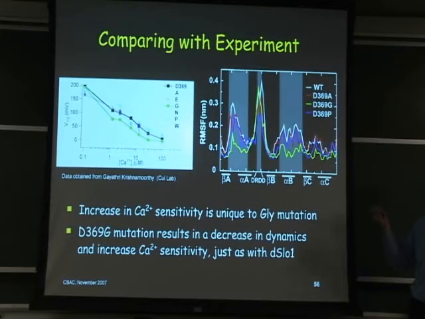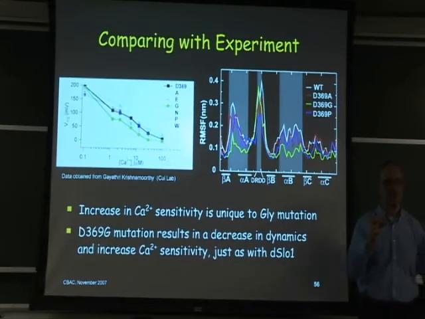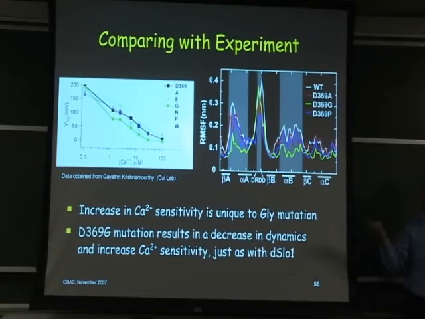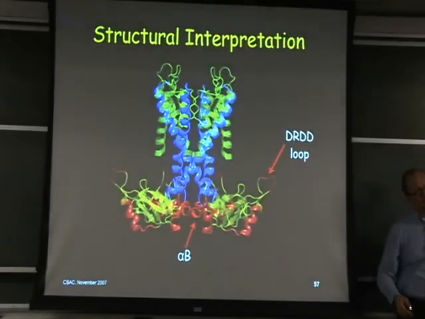We saw that the glycine mutant exhibited this change in dynamics, okay, these 2 regions of the protein. And this region that we identified, it was exactly the same region that we picked up before looking at the SOFLA channel. And if you remember those RMSF plots for the SOFLA, its RMSF values were also lower than the most values, and that seems to correlate with the increase in calcium sensitivity. To figure out what this